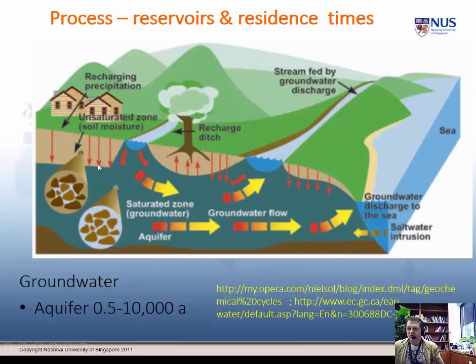Notice where streams are, because they're putting water in, the groundwater level rises, and at the stream the ground level is actually the same as the water level in the aquifer. This whole area here, flooded area, is called an aquifer. The brown stuff here is basement rock, and water flows downhill in the aquifer exactly the same way as on the surface of the ground. So here it's flowing down gradient and eventually will discharge into the sea.